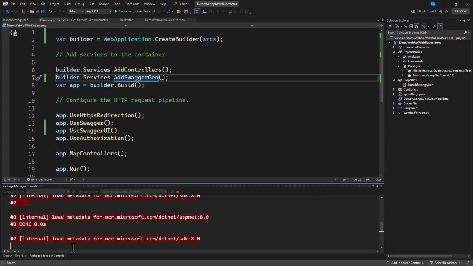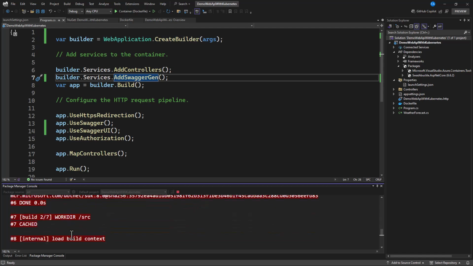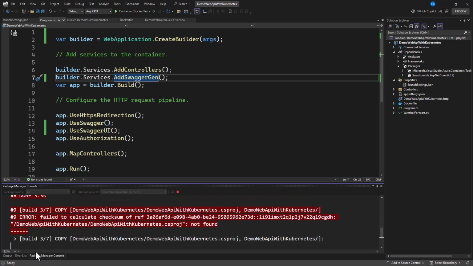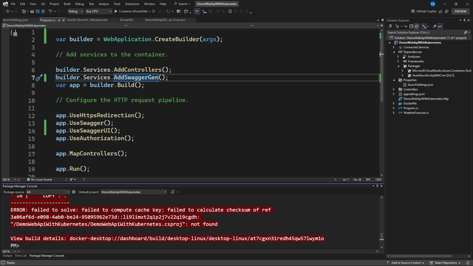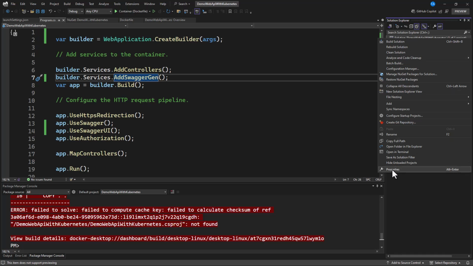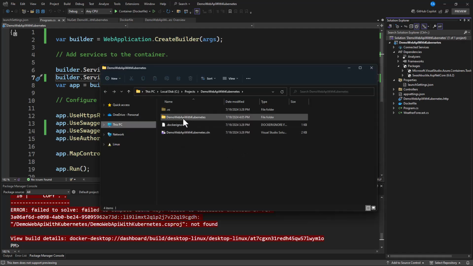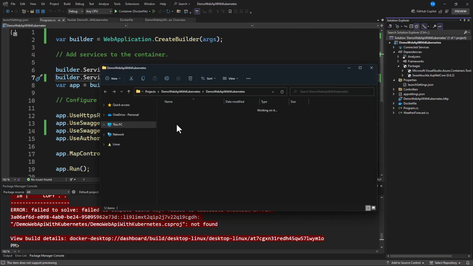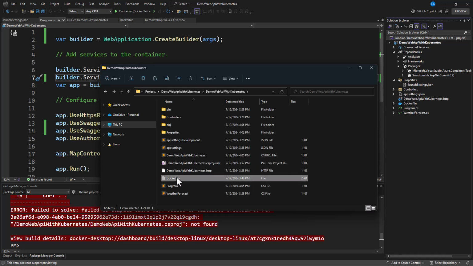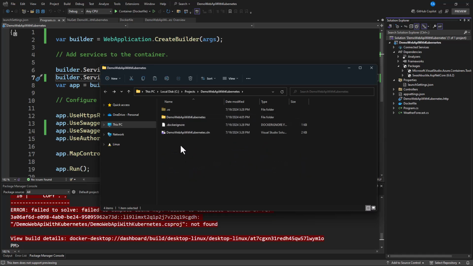So you can see that it's going to build this. Let's wait while it packages this. Let's make sure our Docker Desktop is also open. Now you can see here it is saying it could not calculate for this because the project is not found. Yes. So this is all we need to do first. Right click on the solution, then go to open folder in File Explorer. You can see that there is a project folder, and in order for Docker to work, the Dockerfile should be moved out of this because it's going to build this file for us. So we need to paste it in here.